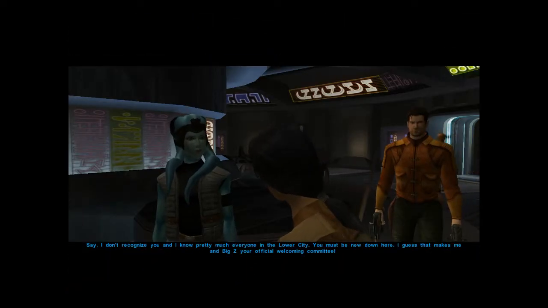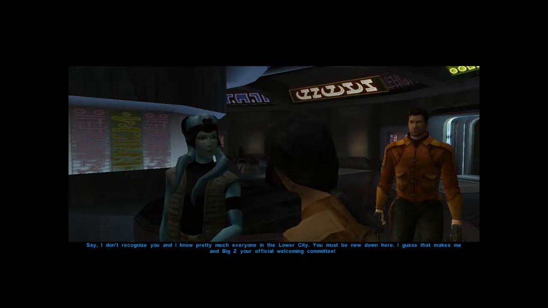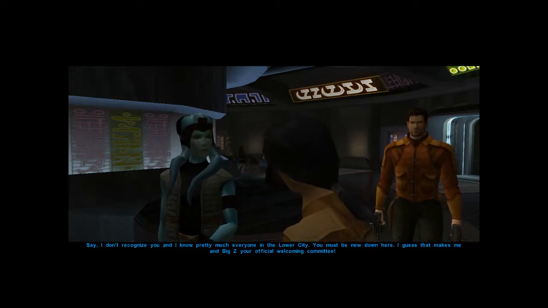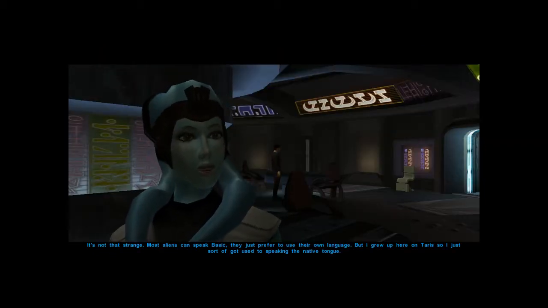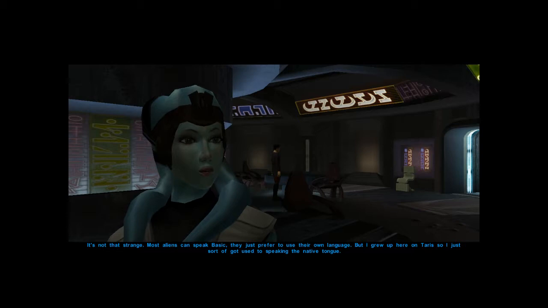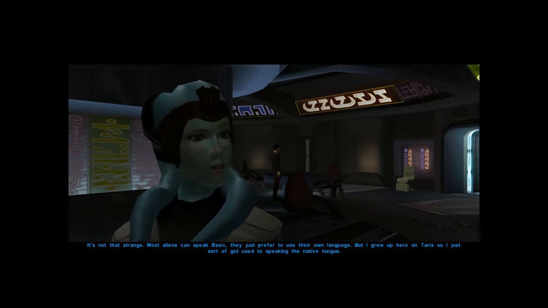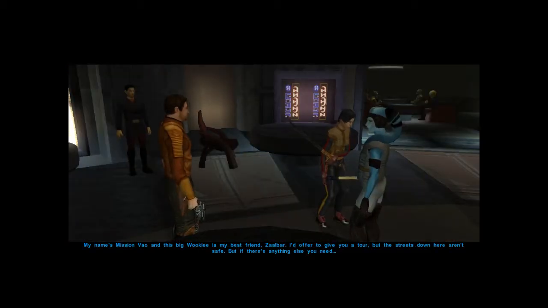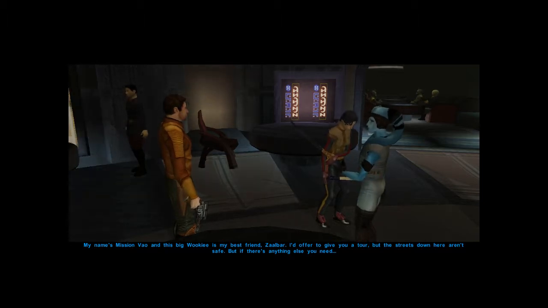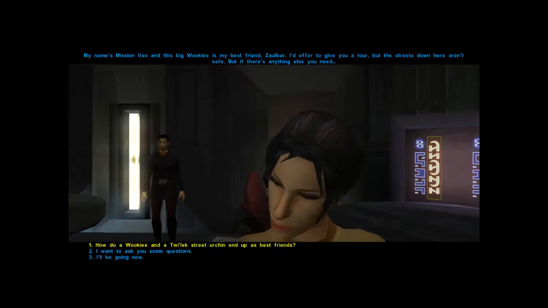Say, I don't recognize you, and I know pretty much everyone in the lower city. You must be new down here. I guess that makes me and Big Z your official welcoming committee. It's not that strange. Most aliens can speak basic, they just prefer to use their own language. But I grew up here on Terra, so I just sort of got used to speaking the native tongue. You showed a lot of guts dealing with those Vulkars, kid. You got a name? My name's Mission Veo, and this big Wookiee is my best friend Zalbar. I'd offer to give you a tour, but the streets down here aren't safe. But if there's anything else you need...